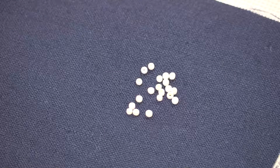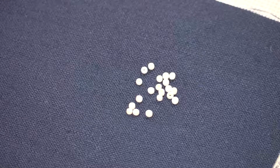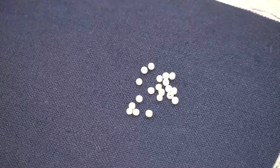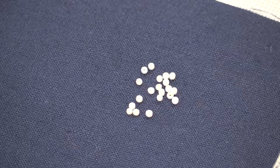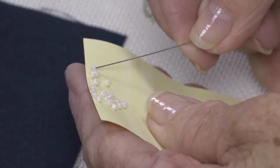So to place the beads on my stitched area, I put them somewhere where they're not going to roll away from me. I've just put them on a blue cloth here. And then I like to put them on the sticky side of a notepad. And I can hold that to get a bead without them rolling away from me. So I've brought up my thread on my beading needle, and I can just take one of those beads easily off that piece of paper,